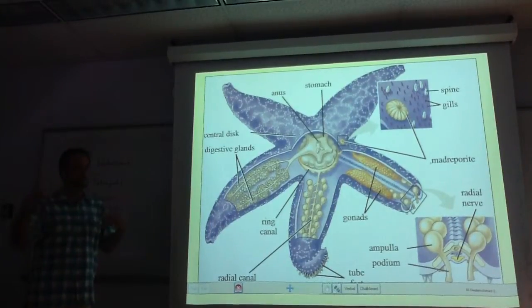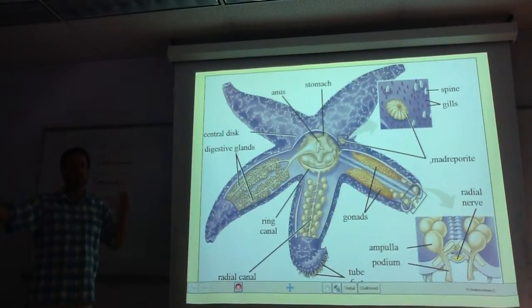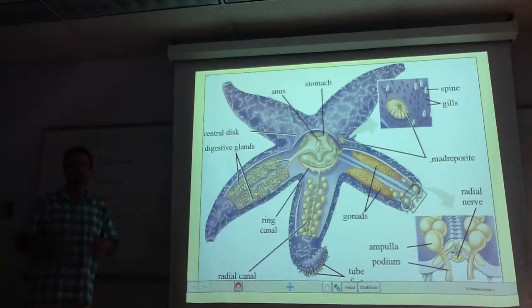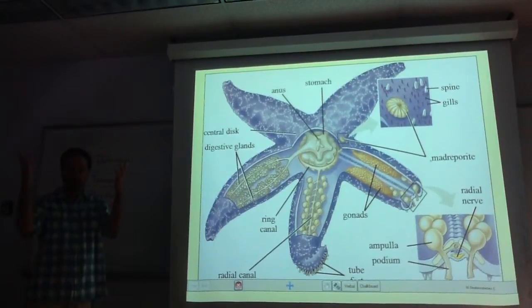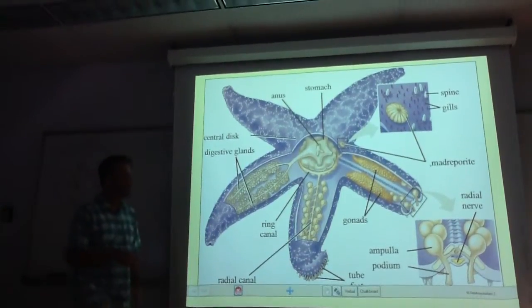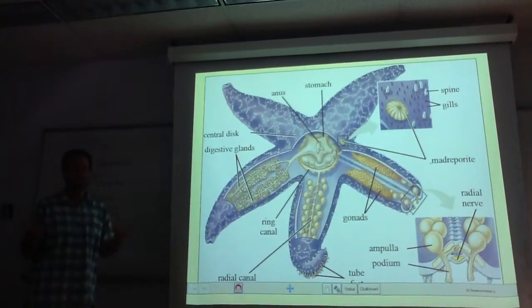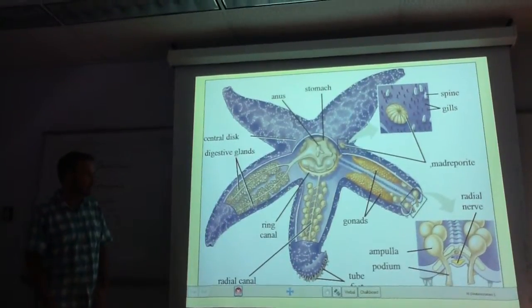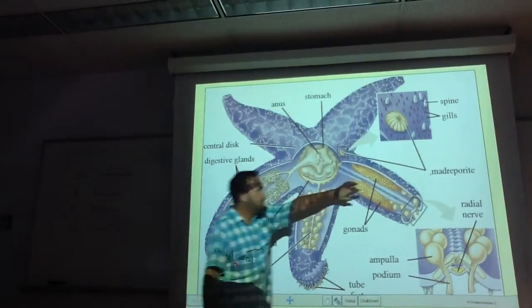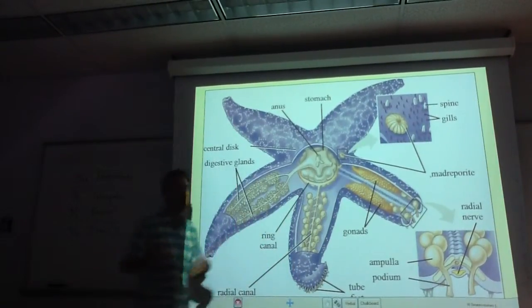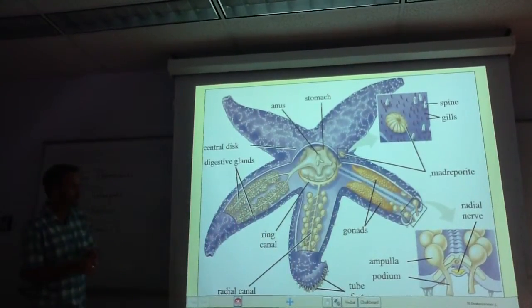I've tended to find that the females have larger gonads, but you're not supposed to be able to sex them that way. What we'll do is take a little bit of the gonads, make a smear, put it under the scope, and you'll see it'll either have little teeny tiny sperm that look just like little sperm, or it'll have these huge eggs. And that's the way you're supposed to sex them. But every time I've looked, the big gonads are always on the females, the little gonads tend to always be on the males. So that's how it has sex. Basically from these gonads, it's going to release either sperm or eggs into the water.